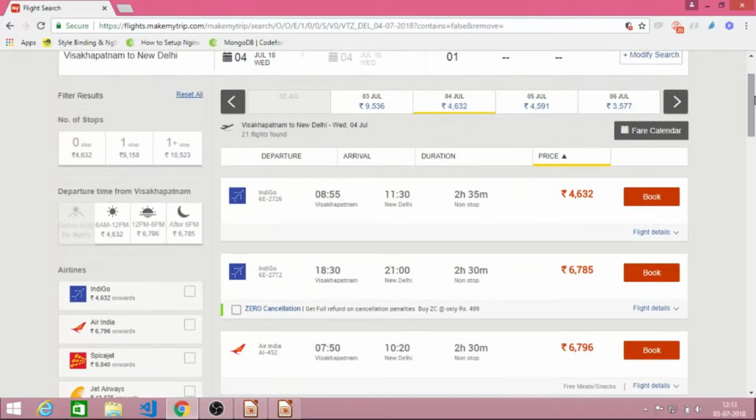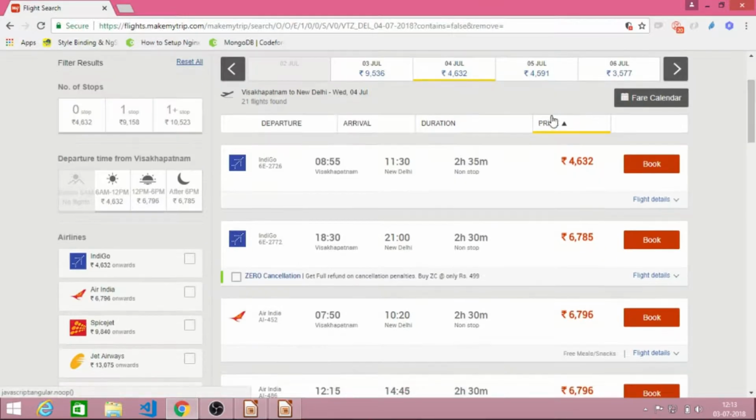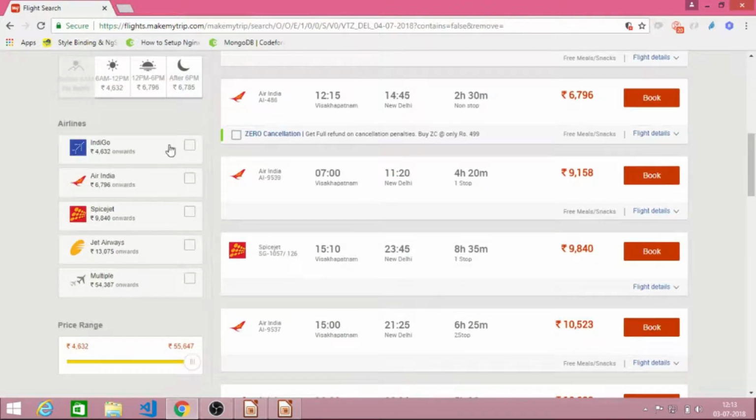This is possible by API. We are requesting this data, and in return we are getting the data as a response. These companies provide an API.